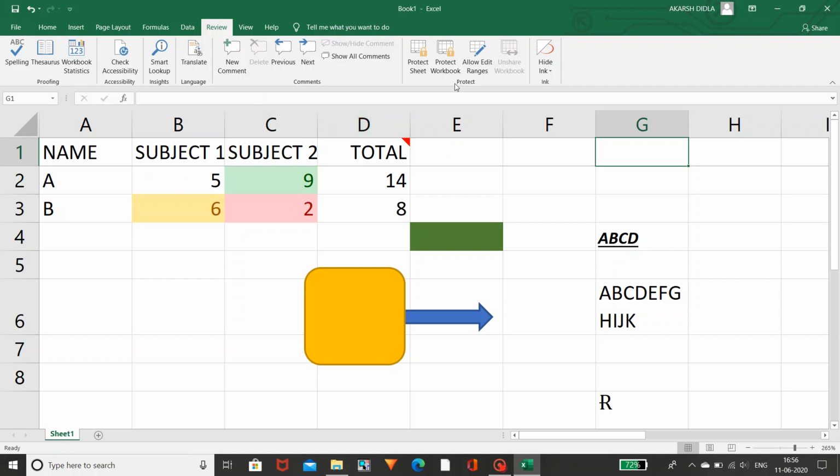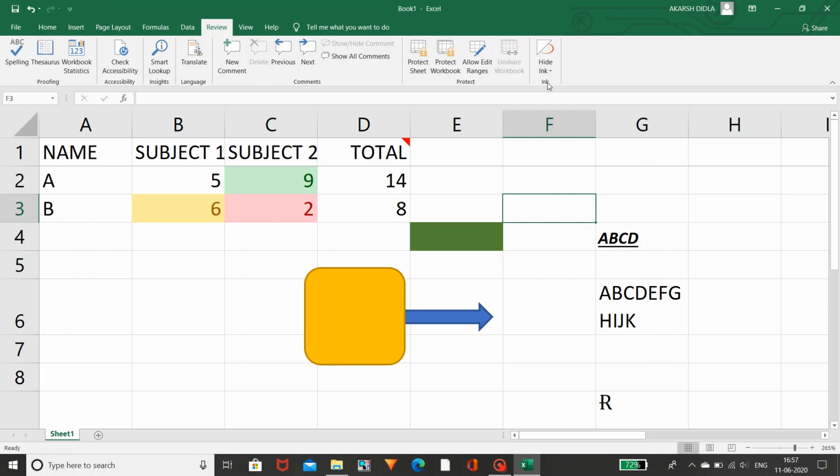So next, coming to the protect option, as you lock your phones, or as you lock your Gmail by keeping passwords, if you want to protect this Excel sheet from other sources, like from hackers, or from another person using your PC, you can use this protect option and give a password.